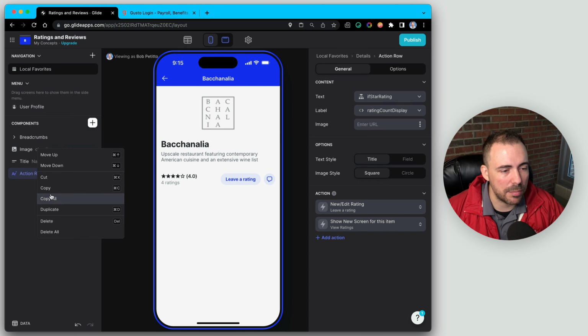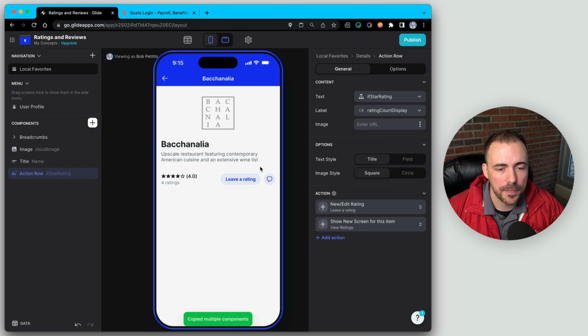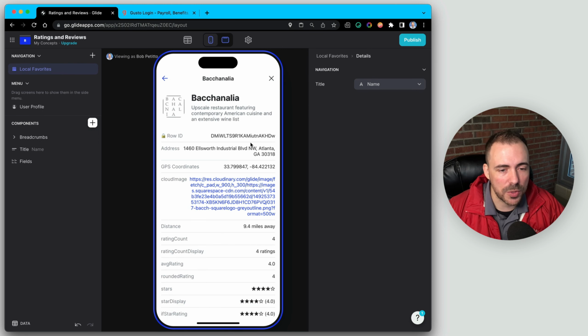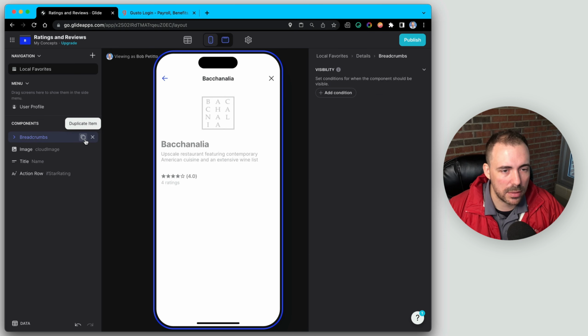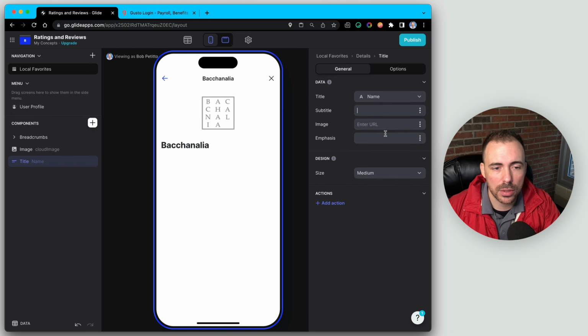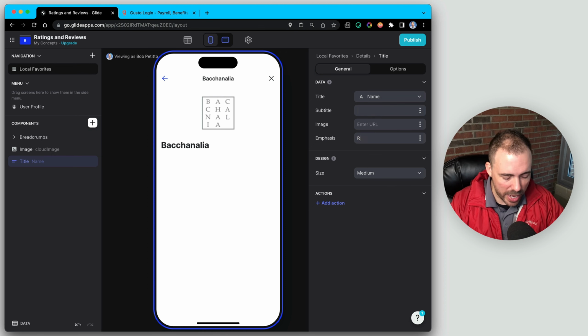I'm going to copy some of these components here first. So I'm going to copy all. Now click on the icon, and I'm going to configure this rating screen. All right, so I'm going to delete some of the things that are there. Paste, like so. And then let's remove our action row and instead display the ratings. For our title, let's get rid of the description. And for the emphasis, let's say ratings for